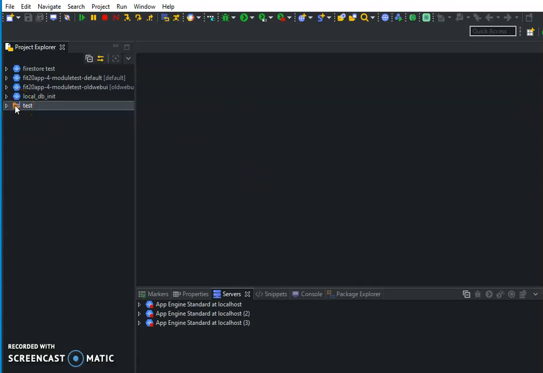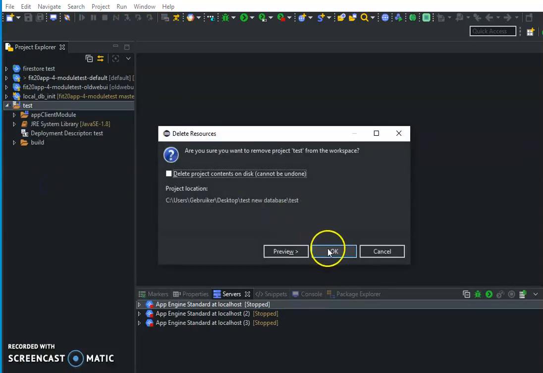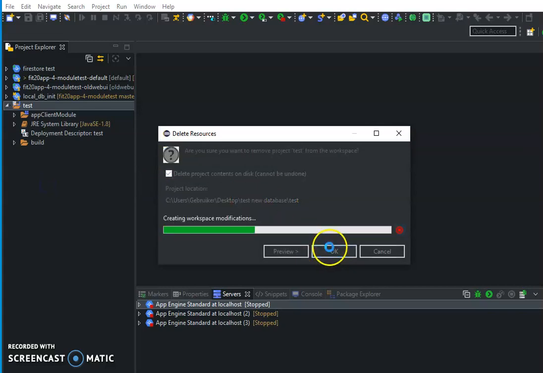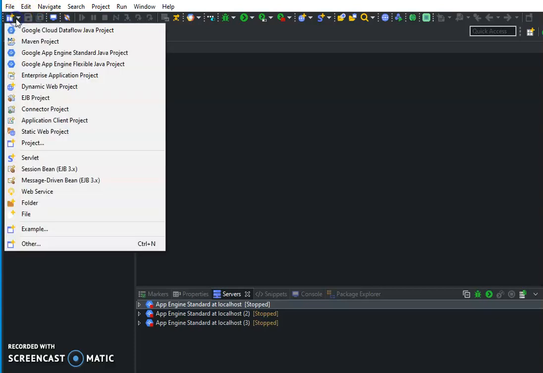So I will delete this project I created before. I don't know why it's not working. Okay, it's working, but it takes time, so we need to not delete it at all. So this is how Eclipse looks, and here is where you add a project, and here you can choose directly. Actually, we will not choose from here, we'll choose